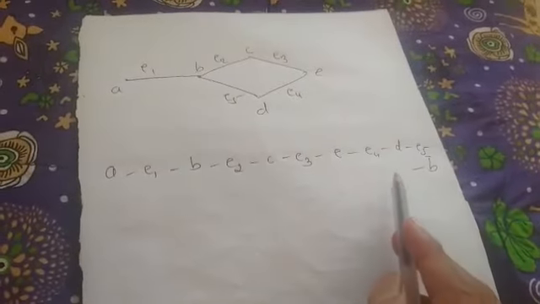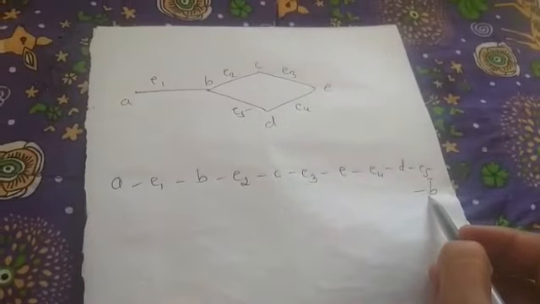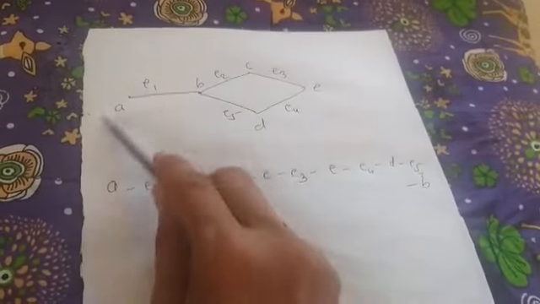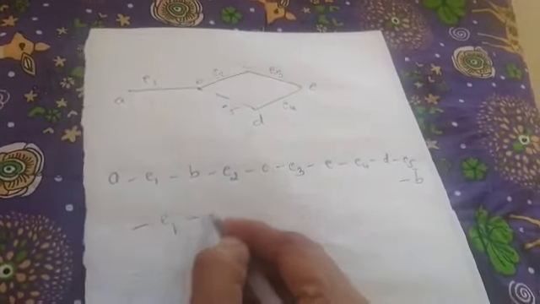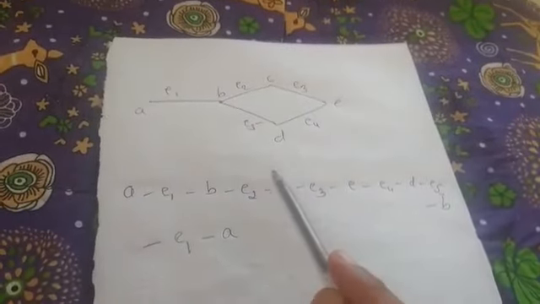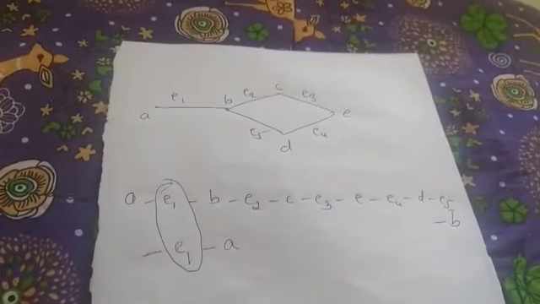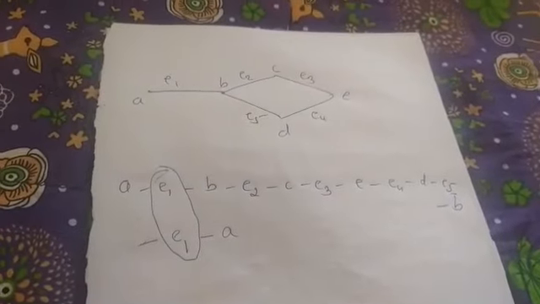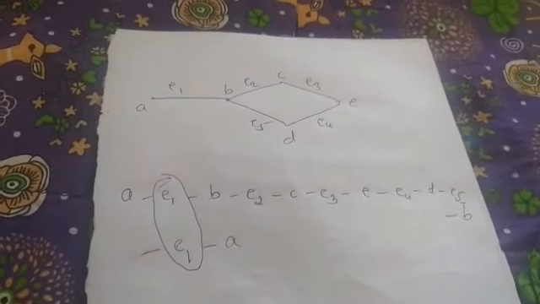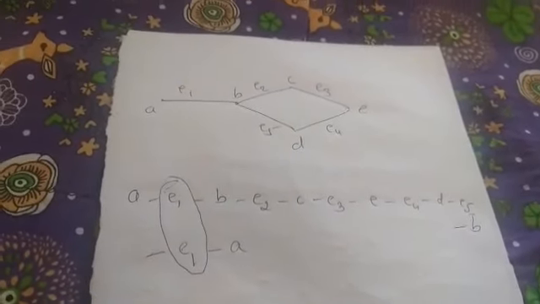Now I will extend this walk from B to A again. So the end point is B here, so I will move to A again. If I want to move from B to A, again I have to consider edge E1 and A. But if you observe this walk, this E1 is repeated, which is not an Eulerian path. So we can't say it is an Eulerian path. Therefore, if in any graph we want to construct an Eulerian path, it includes every edge exactly once.